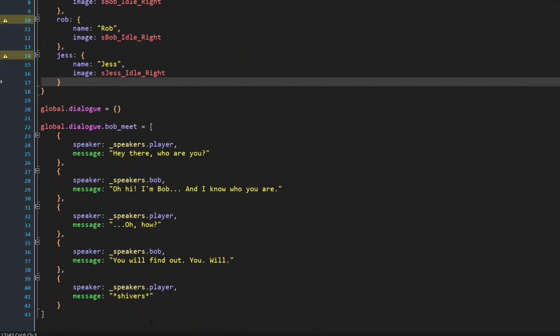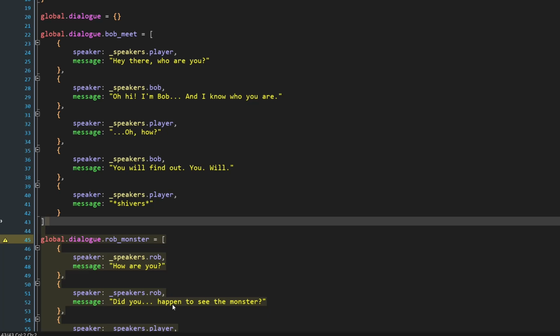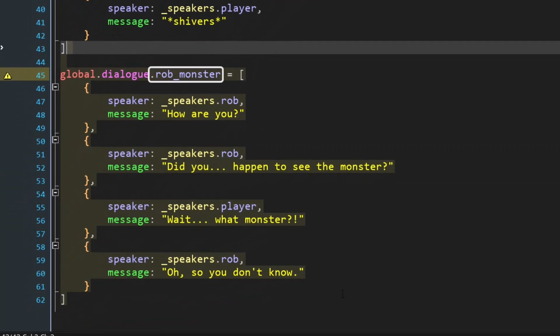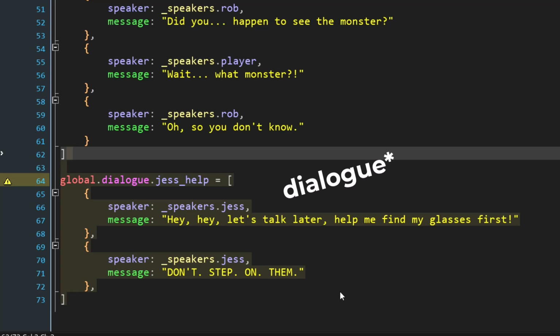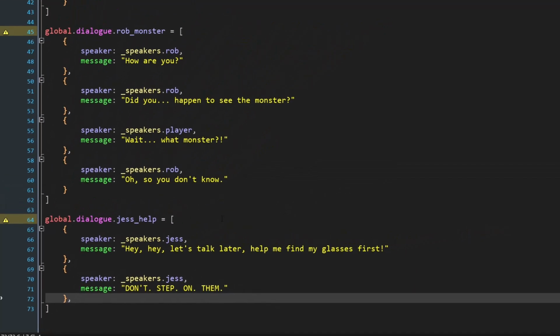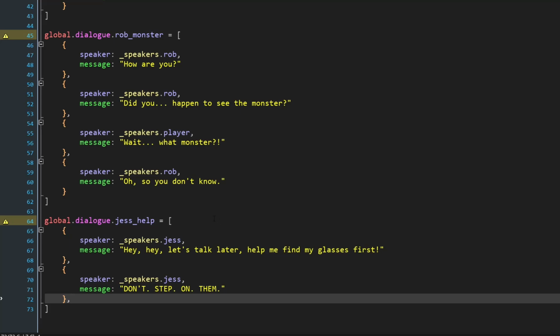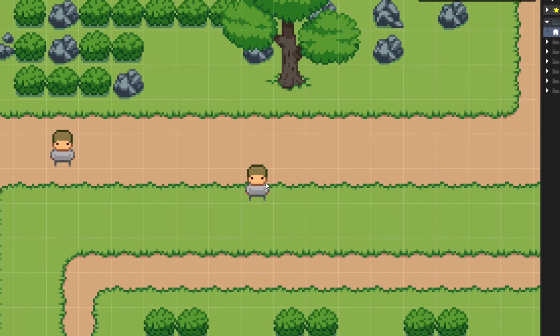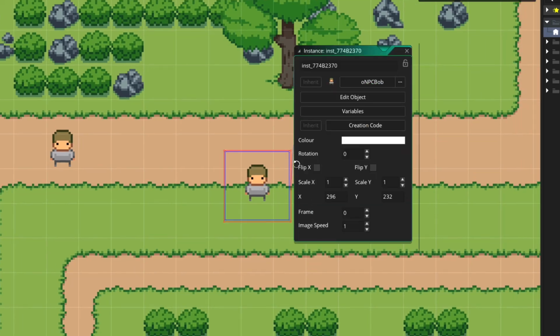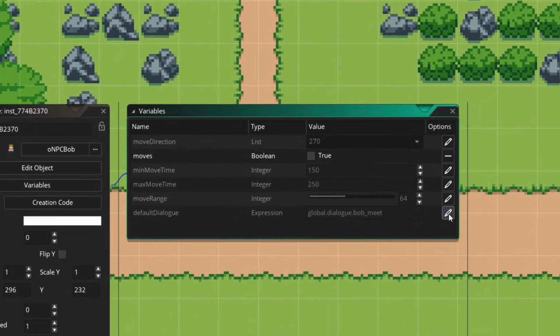Now I'll go to the bottom of the script and here add a new dialogue. This will be a variable called rob_monster in the global dialog struct, and it will contain a bunch of messages. And then at the end I'll add another message, and this will be called Jess_help. We can now go ahead and apply these dialog arrays to different NPCs. I'll go into the game room and double click on this NPC. I'll open the variables and edit the default dialog variable. I'll set it to